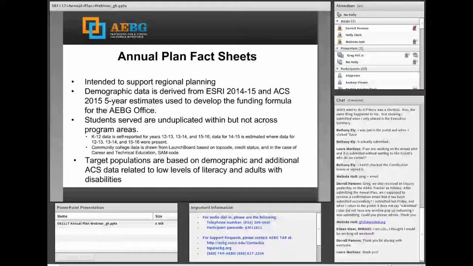So the fact sheets are just kind of a snapshot. We did use this for the formula, so we don't want it to go to waste. But in hindsight, I think the student need locally, you're looking at that on a regular basis, and you're probably doing some analysis and marketing to determine the capacity of your programs and who you need to serve and who might be coming in. So I wouldn't put too much into the fact sheets. Use it as a planning tool, but don't think we're going to use it for performance.